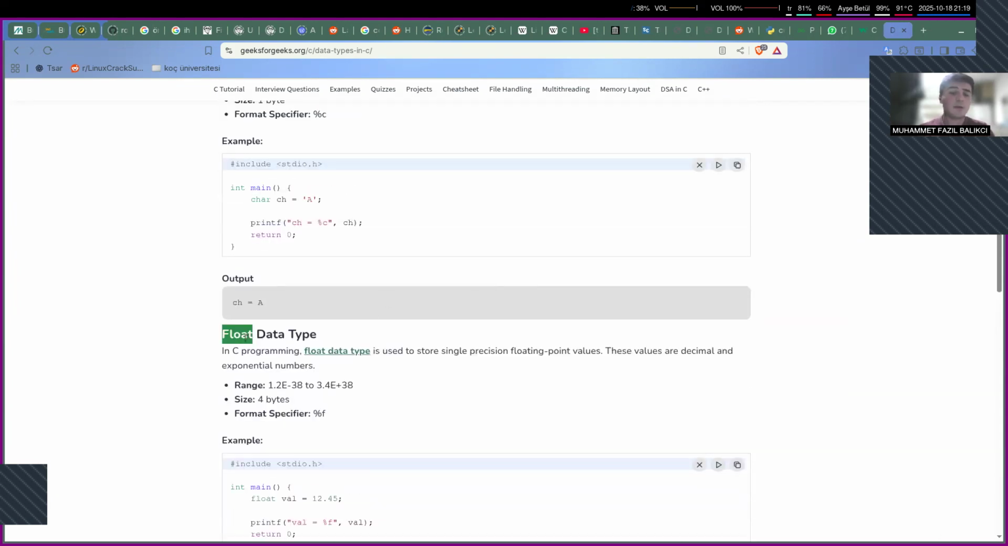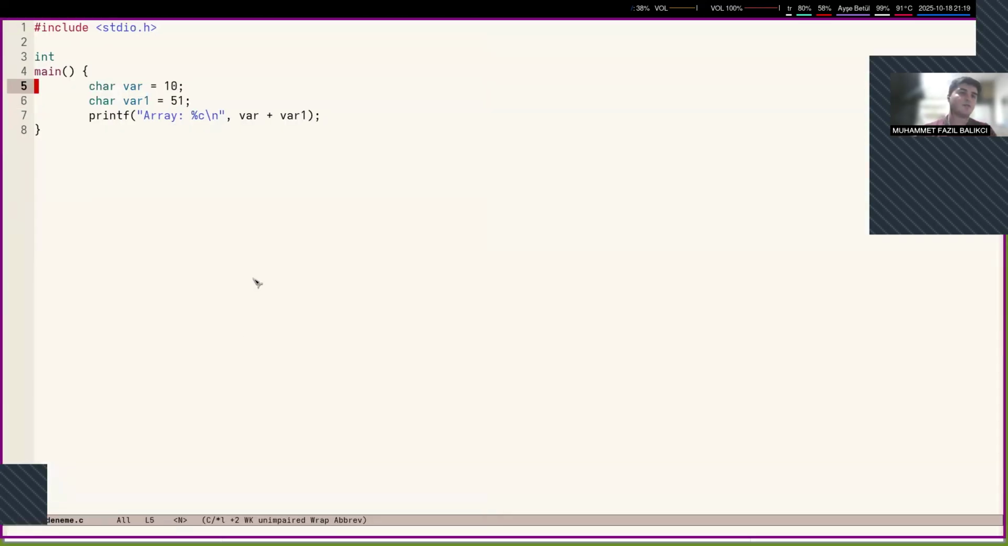Another data type we have is the floating data type, which is ondalıklı sayı. Yani virgüllü sayıları yazmak için bu float tipini kullanıyorsunuz. Şöyle bir şey yapacak olursak,